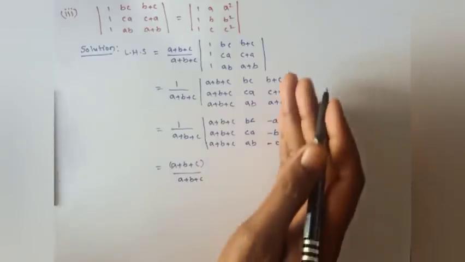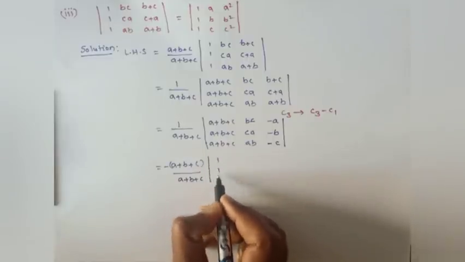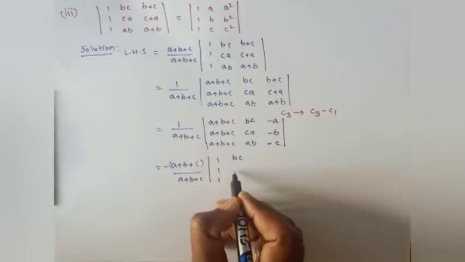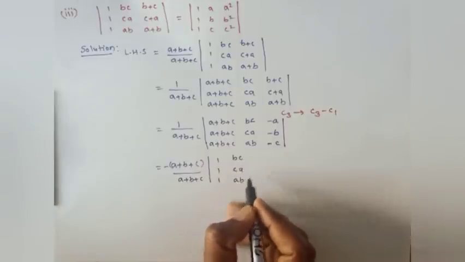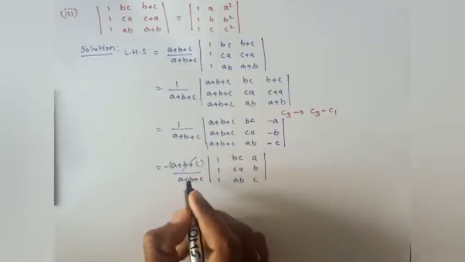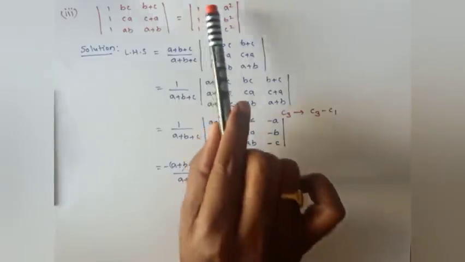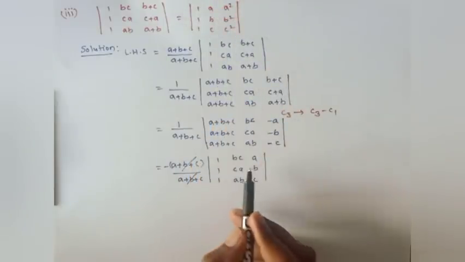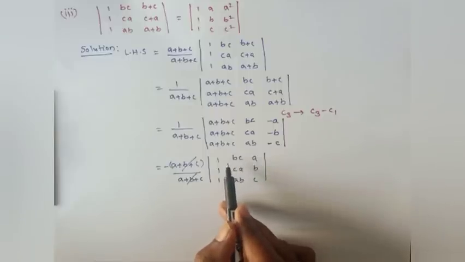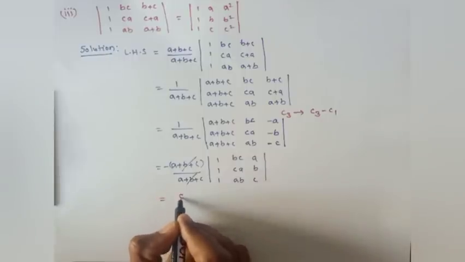And from the third column, minus is common, just times of 1 1 1, and it is BC, CA, AB, and this is ABC. So A plus B plus C and A plus B plus C get cancelled. Then our RHS part contains 1, A squared like that, so to get A squared we compulsorily need to multiply and divide this with A, this with B, and this with C. So here I am multiplying and dividing with ABC